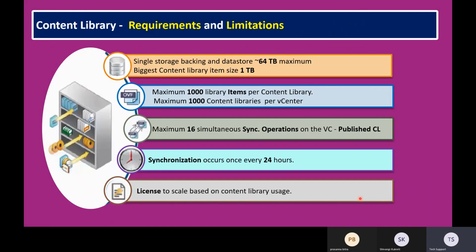Now we'll talk about the content library requirements and limitations. As per our VMware configuration maximum guide, there will be some limitations. So let's try to understand what those limitations and requirements are. A single storage backing and datastore is needed while creating a content library, and the maximum supported size is 64